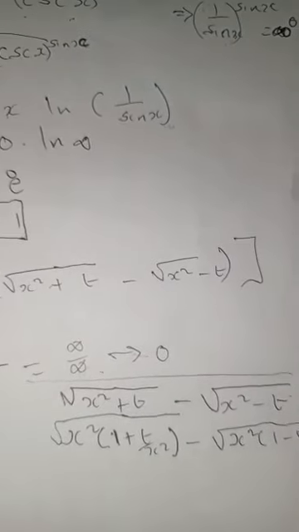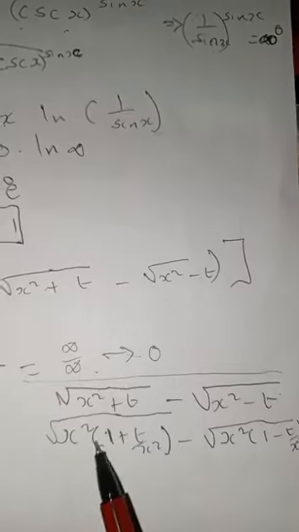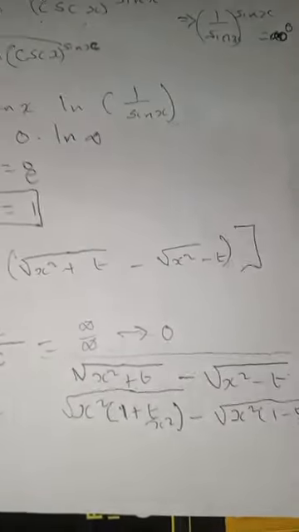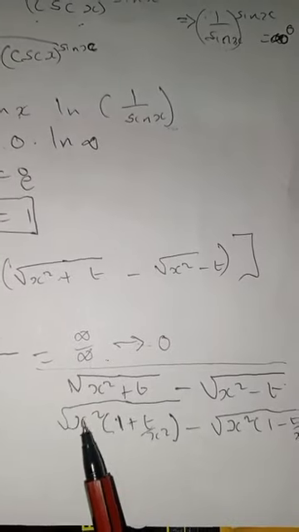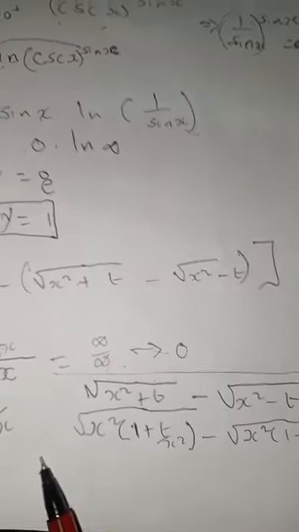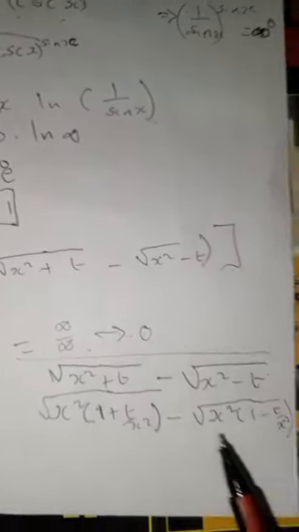The main interest about this is not changing anything, but factoring out things until you get what you want. Now, if you multiply x squared by 1, you're still going back there. The same is for that. Now, the root of x squared is x. And here, the root of x squared